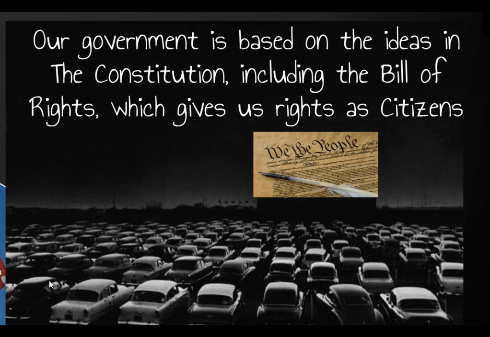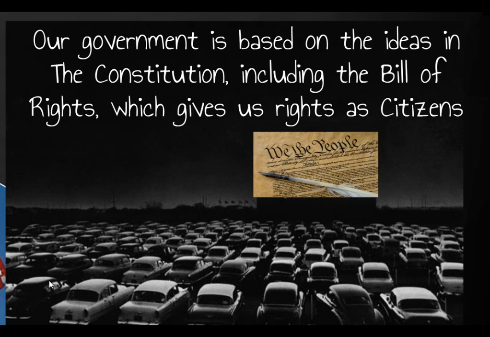All right, so where do all these rights come from? How do we get these rights as citizens? Well, here in the United States of America we have a government that is based upon the idea of a supreme law of the land that is written in the Constitution. A part of the Constitution that was added by the Founding Fathers is what is better known as the Bill of Rights, and that's the first 10 amendments or additions to the Constitution. The Constitution itself lays out and explains how everything in our government works.